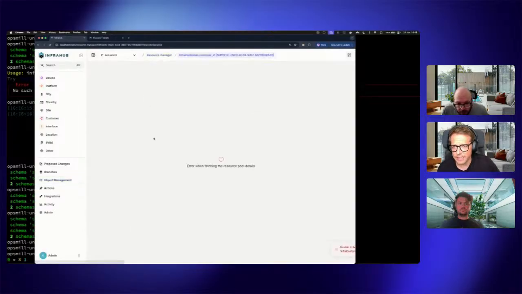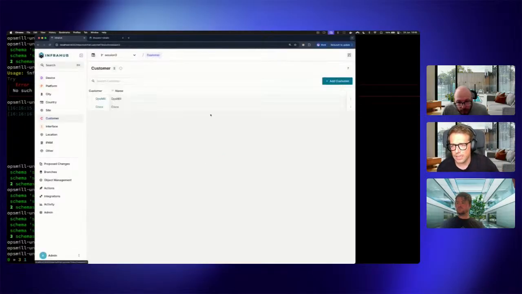And I'll go back. I'm not sure what's happening here, but normally the number pool should show up, and it should show all of the numbers that it has already allocated and to which objects they have been allocated. Maybe the demo gods are not that friendly for me today. But yeah,